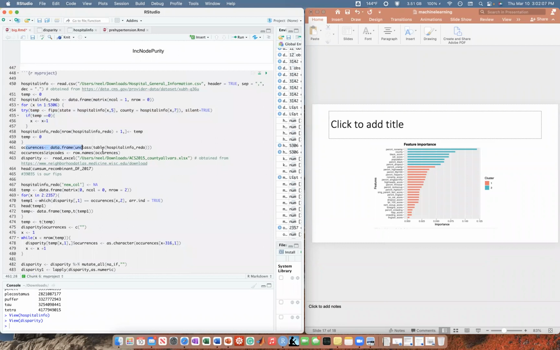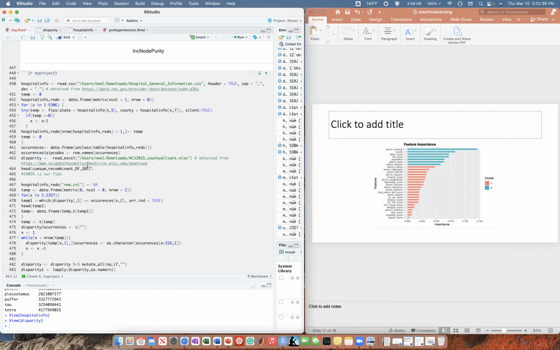And then I took this, which says, hey, I want you to count how many occurrences of every hospital occur in each FIPS code. So if our FIPS code is 39035, I want to look in the data set and count how many times that appears. That's how many hospitals there are. That's logically sound, you know.